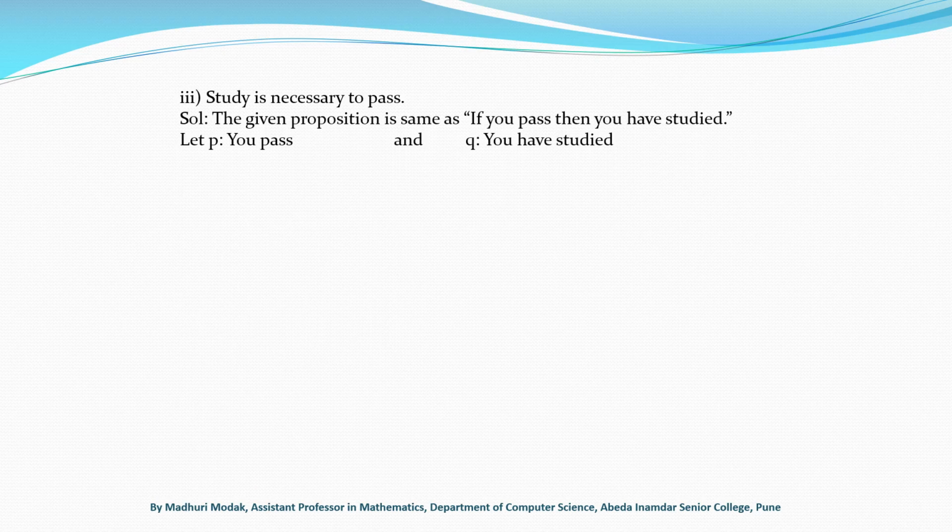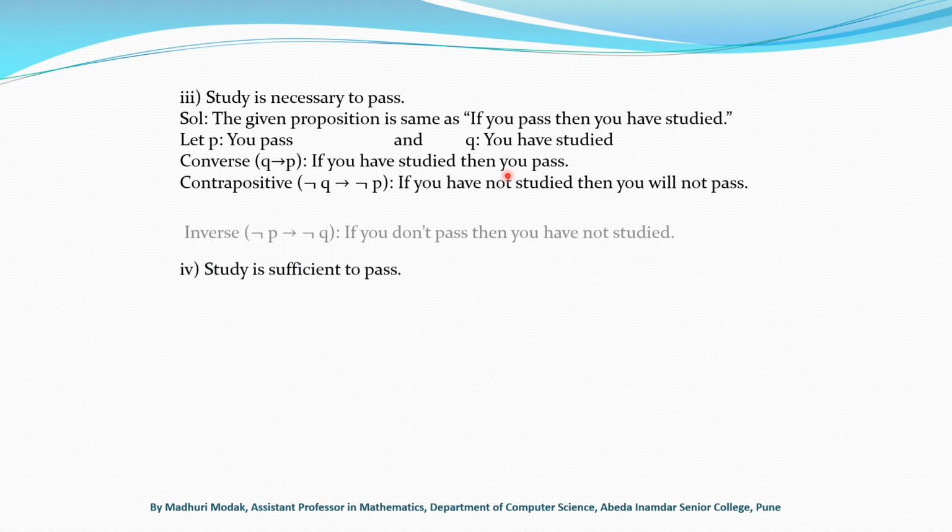Now third is: study is necessary to pass. Now here again the words if then are missing. So what is the meaning of study is necessary to pass? The given proposition you can convert into the form if then: if you pass then you have studied. So here you can consider P as you pass and Q as you have studied. So you can write the converse as Q implication P, and the contrapositive and